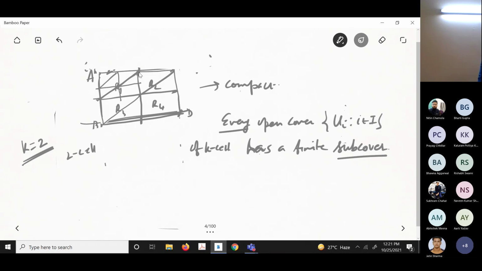Now look, when I do this for subrectangles I get, at least one of them won't be covered by finitely many members of this, because if each of them is covered by a finite subfamily, then the whole thing will be covered, because you have only 4, covered by a finite subfamily. So this way, if I assume that this 2 cell is not covered by a finite subfamily, that is exactly the argument I am doing.